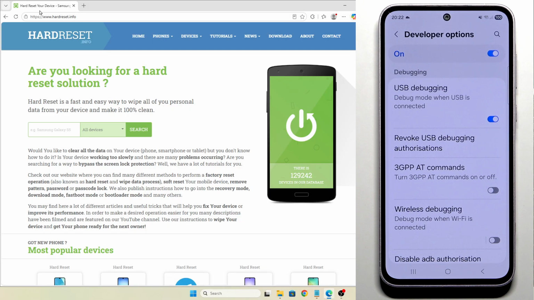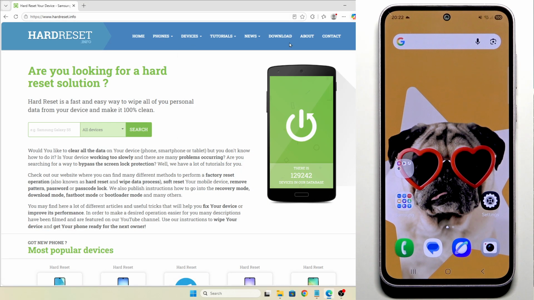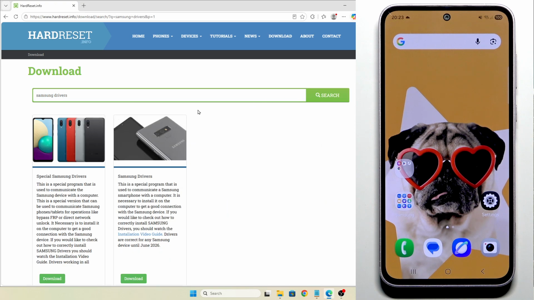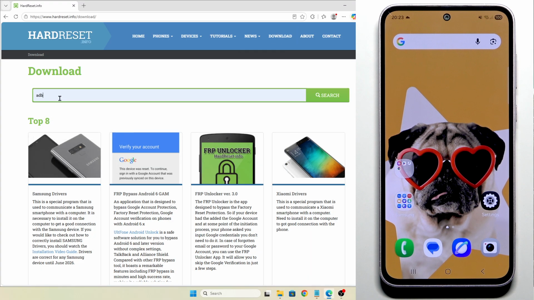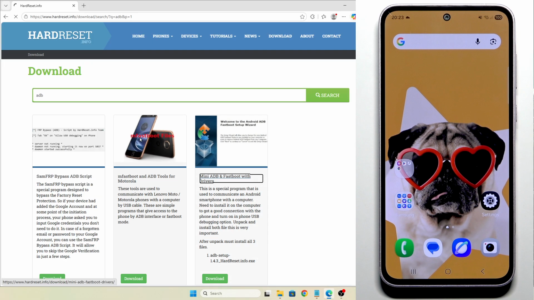Open up your browser and visit our page HardReset.Info. Click on download. Of course, you gotta do it on the computer, not on the phone. Go to download section, and in here you need to type Samsung drivers. Click on search, select Samsung drivers and hit the download button. Then go back, type ADB, click on search, select mini ADB and fastboot with drivers, and also hit the download button